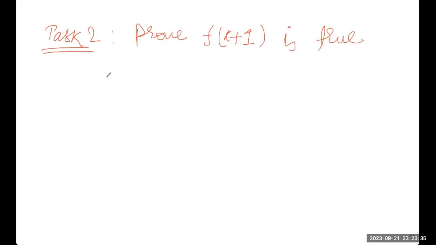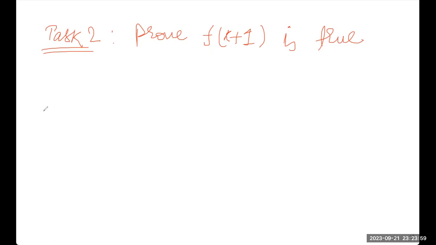So the first thing PMI says: task 1 is to prove f of 0 or f of 1, then you have to assume f of k is true. Thereafter, task 2 is to prove f of k plus 1 is true.